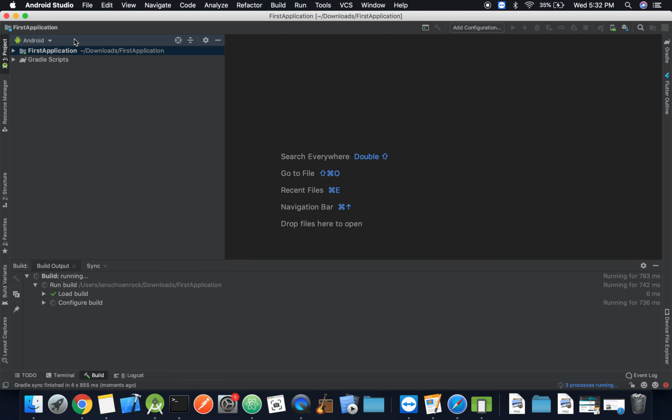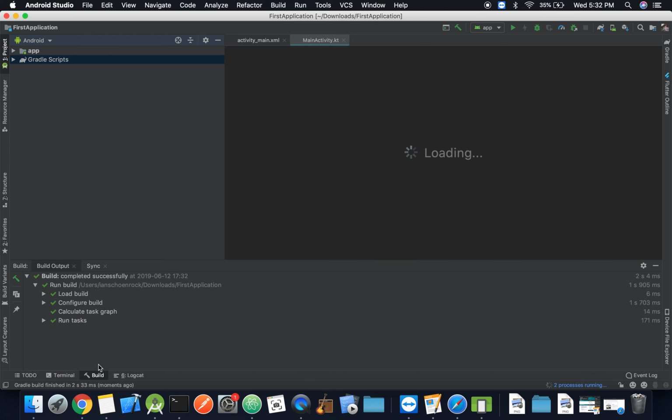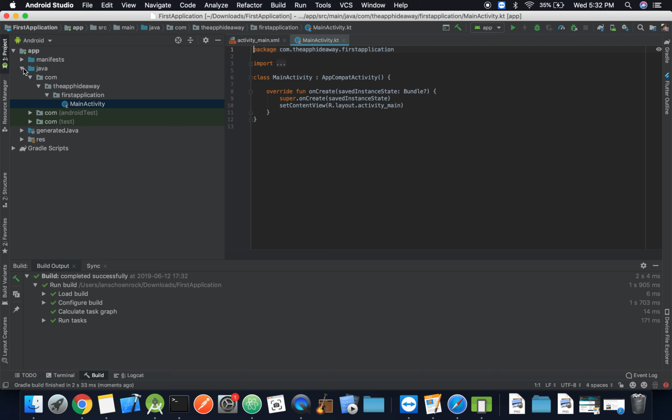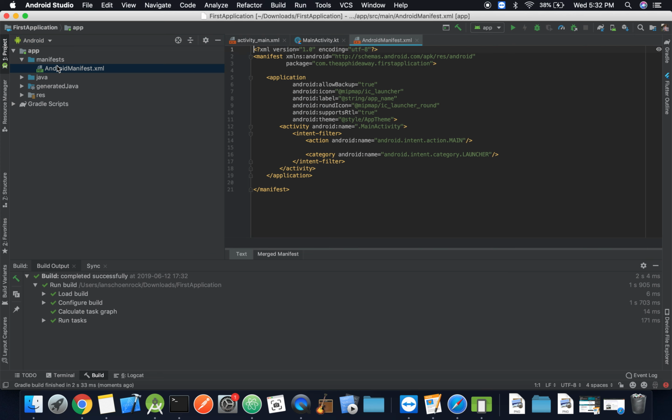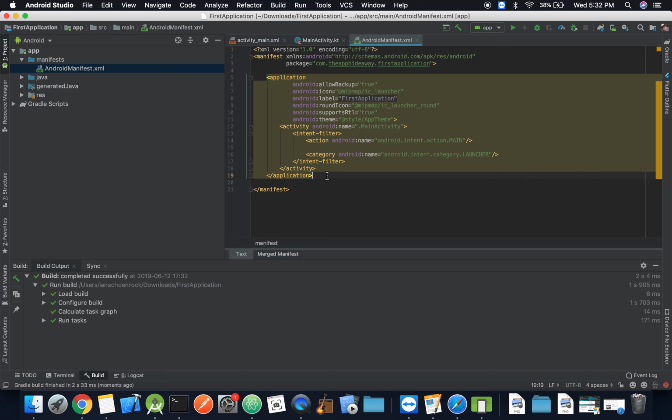After we clicked create, the project was built, and now we are given these folders on the left-hand side. We have the app folder, and inside of our app folder, we have manifests. Let's go over to the manifests first. This is essentially the starting point of the application, and it provides essential information for your app. We'll go over this in more detail later. However, briefly,